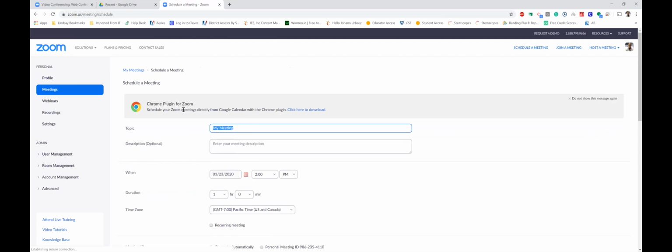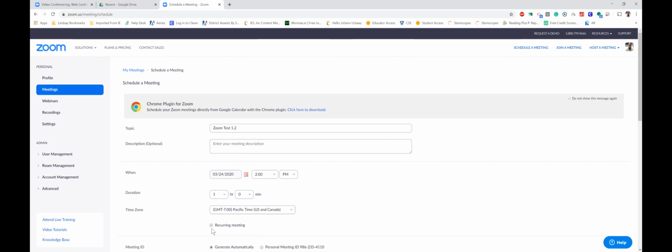If you have a name, you can name it pretty much whatever you want. In this case, we're going to do Zoom test 1.2. Give it a day. Even though it's really not going to matter because it's going to be a recurring link, I usually just do the following day. So in this case, it's going to be March 24, 2 p.m., even though that's not the way it's going to look because it's a recurring link. Learners are only going to be able to access this link when you are online, when you start the session, when you start the meeting.